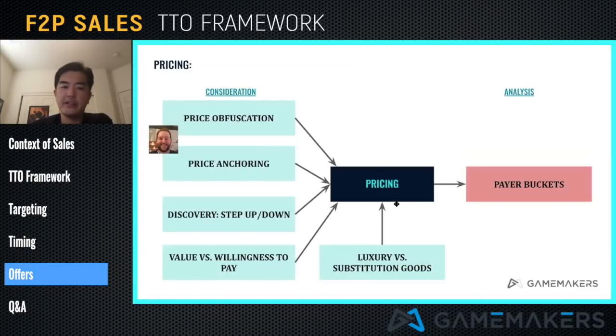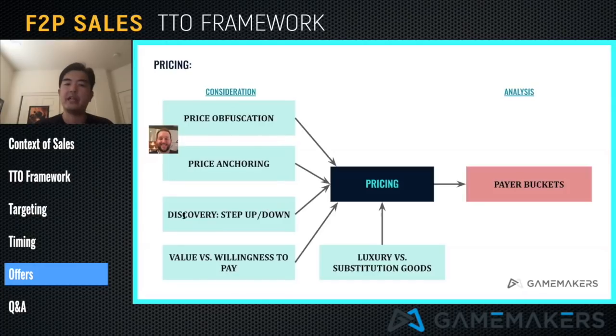The next thing is pricing. Here, I have a picture of Jeff Witt here because in terms of price obfuscation and price anchoring, this is stuff that I've completely learned from Jeff. And I think that if any of you guys follow his blog, you should probably learn more about that stuff from Jeff. But basically the thinking here is when you think about pricing, you should think about, and I'm not advocating for this, but if you do want to obfuscate the price through gacha or other systems, how you do your price anchoring to make users feel like they're getting a deal, how you do discovery, like understanding what that price point is. And so, for example, companies like Scopely are famous for having step up, step down models,